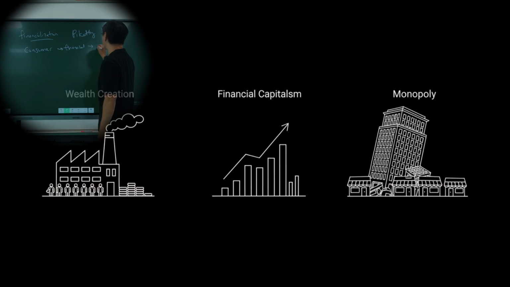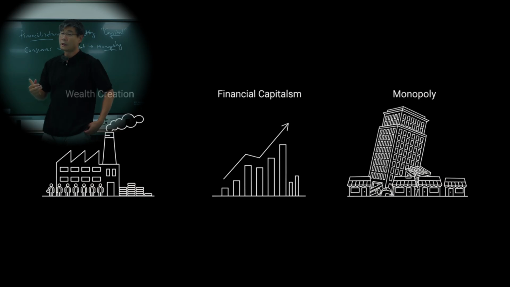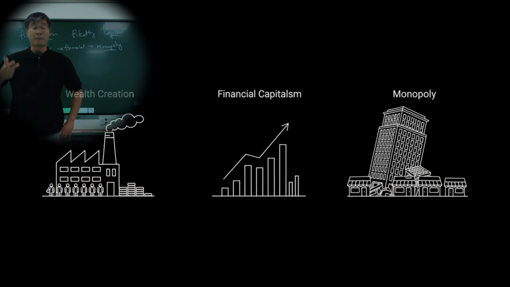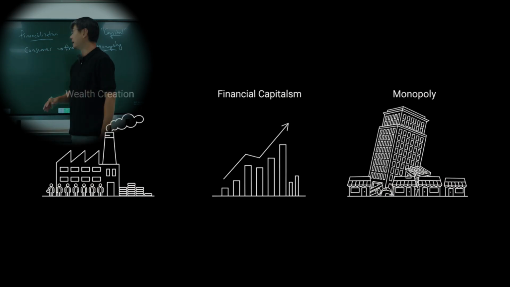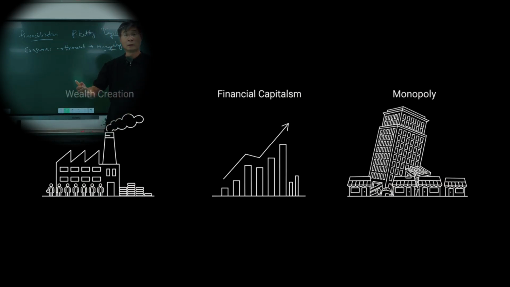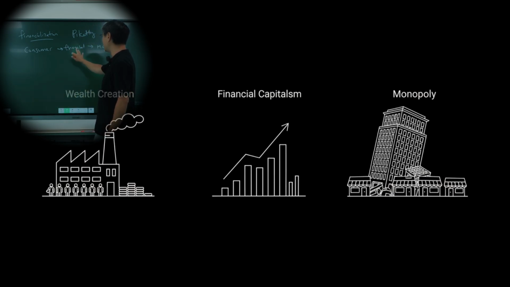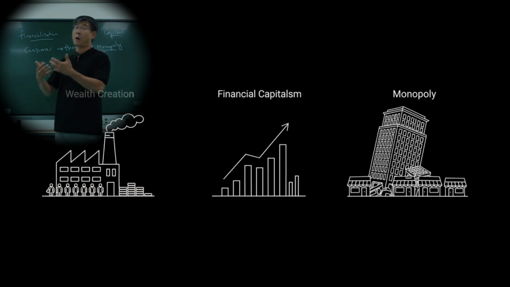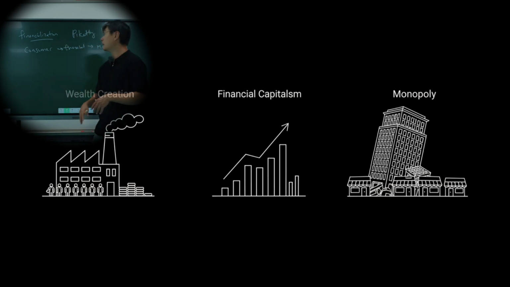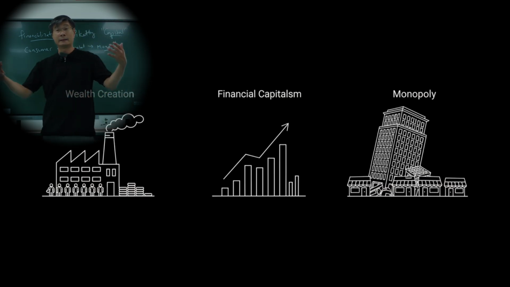And then you move on to monopoly capitalism, which is where just a few companies control everything. And we live in an era of monopoly capitalism. This happens because it is much more profitable for companies to be monopolies than to be in competition with each other. Financial capitalism is looking to create as much money as possible, not as much wealth. And so a few companies come to dominate, become monopolies. And that's the age we live in today.